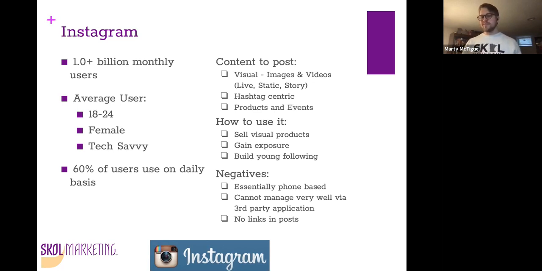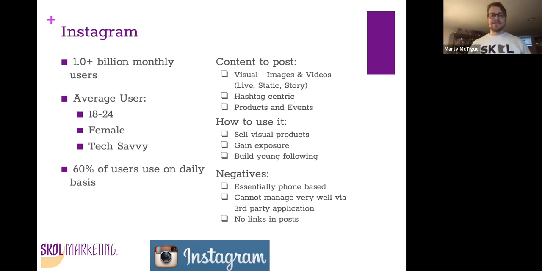Typically, we would recommend somewhere between 5 to 10 different hashtags, and that varies based on your ideas of that. But 5 to 10 is a good idea of what you should be posting with any given post. And you want to focus on trending hashtags, hashtags that relate to the actual post, as well as hashtags that relate to your business as a whole.